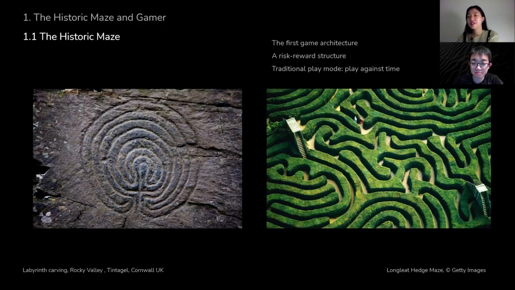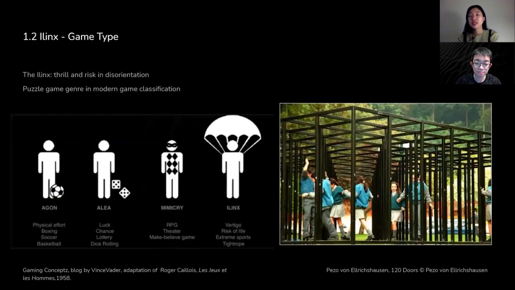The excessive nature of the historical maze gave us our initial idea. Maze introduced choice and indeterminacy. The maze belongs to the Ilinx, theorized by Yujie, which is based on player navigation in disorientation. In modern game classification, the game maps onto the puzzle genre, which activates problem-solving skills based on logic and spatial